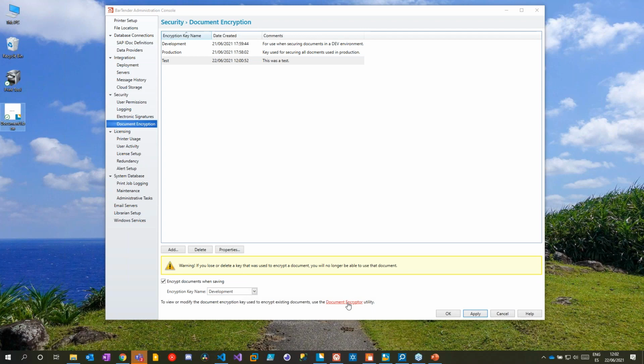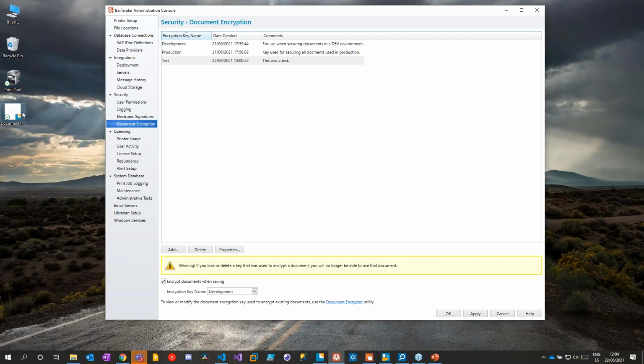And I can check that by opening up the document encryptor utility. With that utility, I would be able to view the encrypted security of that document to see which key had been used to encrypt the document, and indeed if I want to re-encrypt it with a different key. Seems that my PC is playing up on me. Okay, not to matter. Let's now move on to